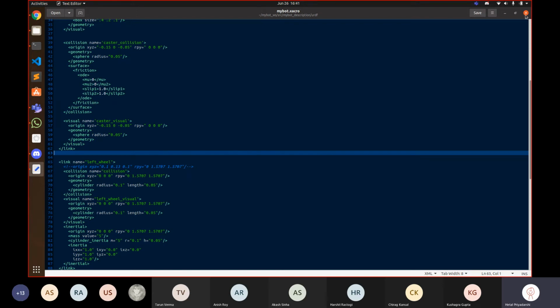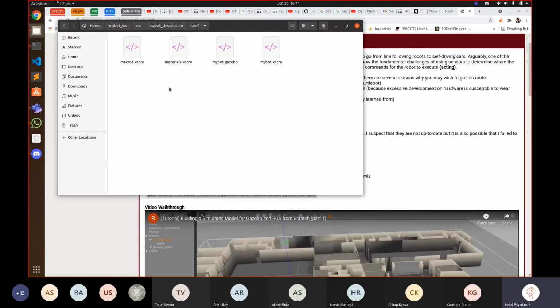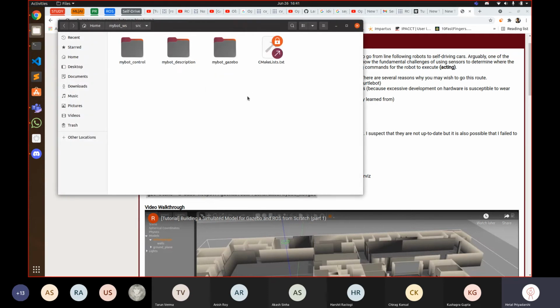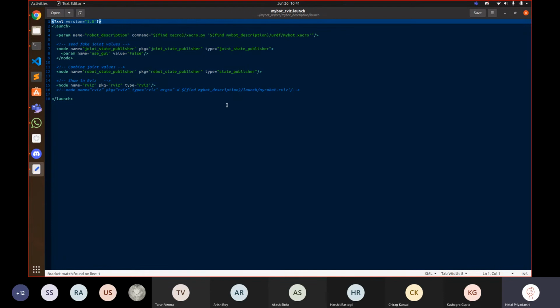As a general rule, whenever you open a package in Noetic, go to whatever package you're working with, in the launch folder. For example, you want to work with the my_bot description package. Go to its launch folder, open the launch file in gedit, and there you have to do two things. Firstly, in the fourth line, you can see param name is equal to robot_description. Command find xacro/xacro.py, make it find xacro/xacro. So cut the .py. This is the first thing.